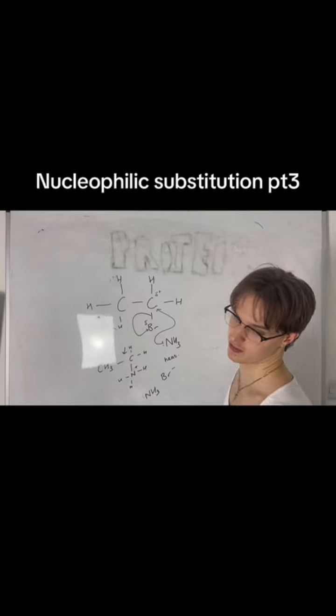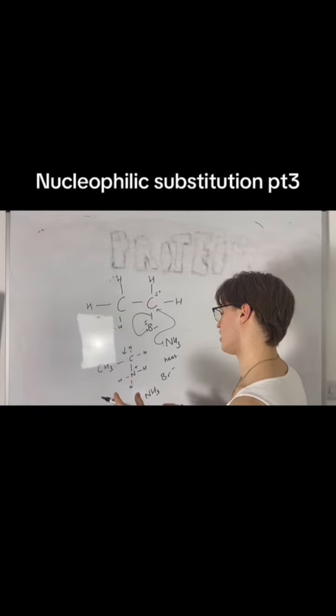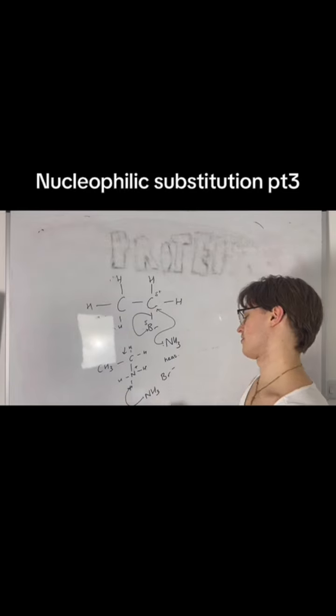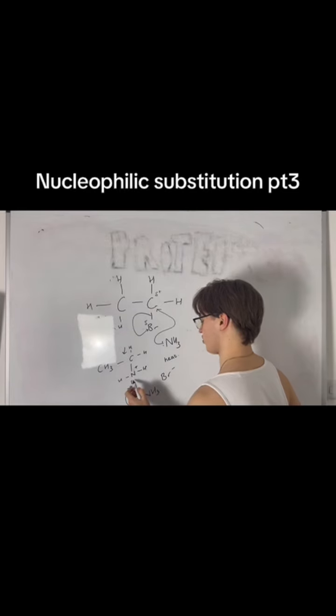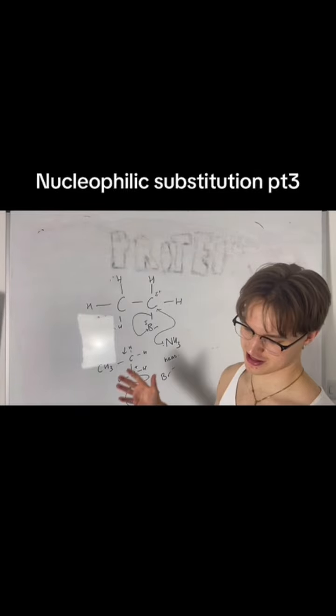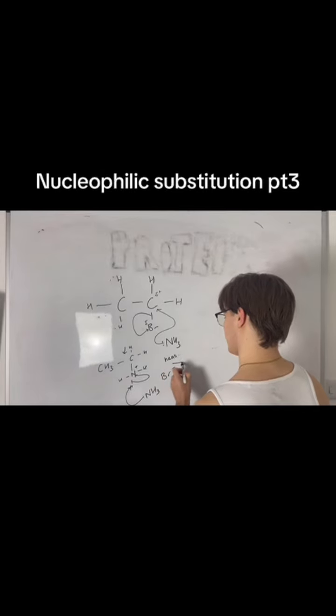Arrows always start where there are a lot of electrons and end where there aren't a lot of electrons. Where are there tons of electrons? Here, of course, between these electrons. Let's go to this hydrogen. We've drawn the arrow. Now we need to start where there are a lot of electrons and break this bond towards the nitrogen. It's a positive ion, so it's going to have barely any electrons. It's lost electrons. So this is going to make